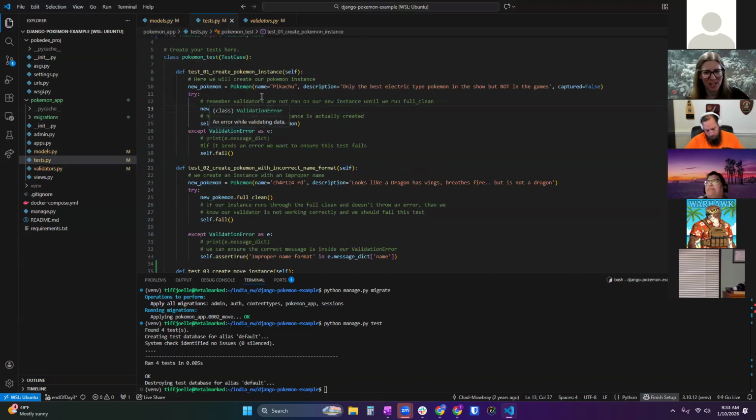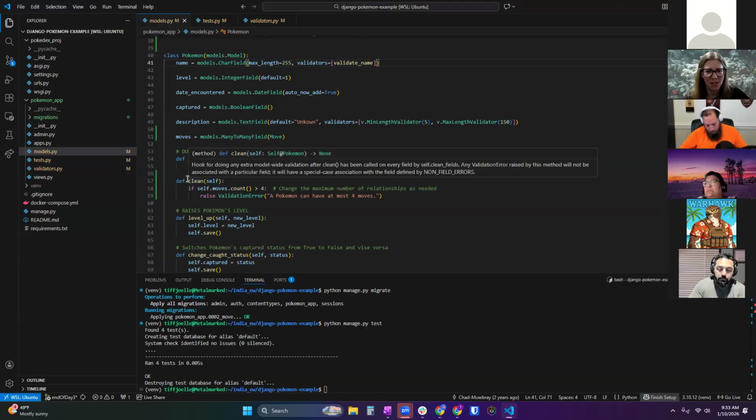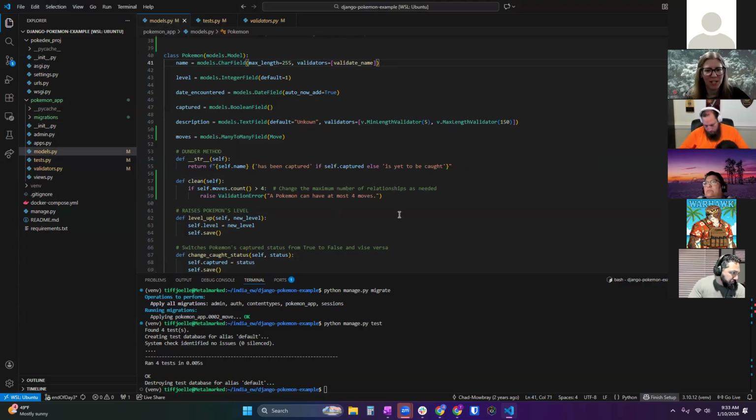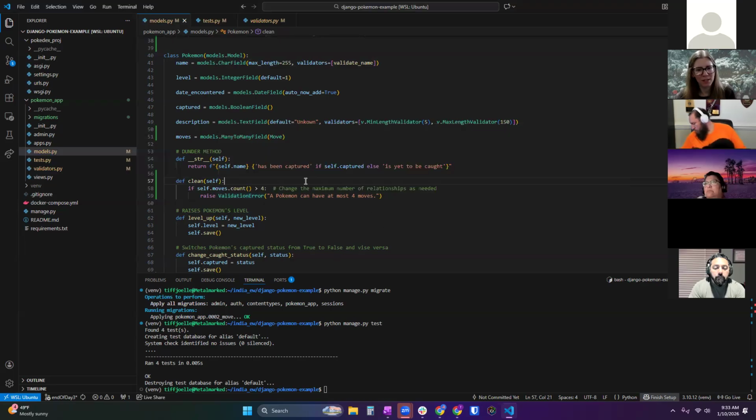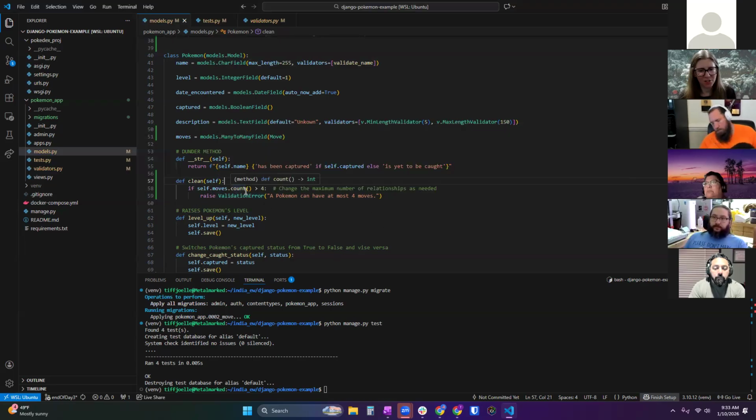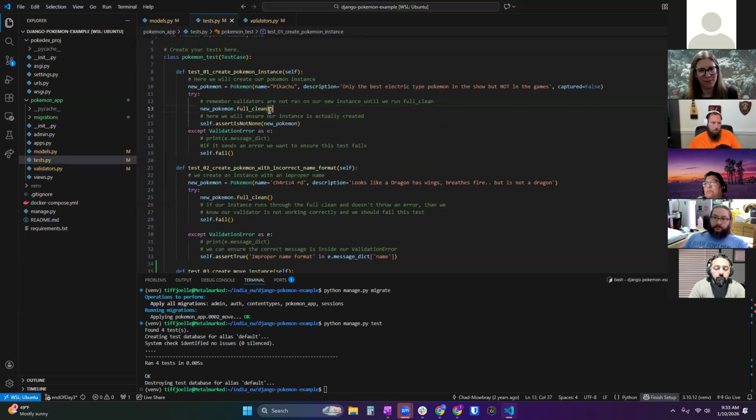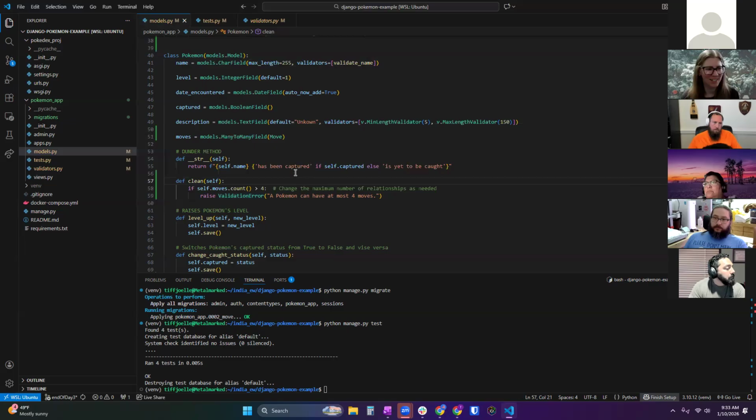because you need to run a full clean against what you've created to see if all the validations pass. So that's where full clean and clean come into play. Clean will automatically be picked up by full clean as an extra custom validation that you've written underneath the model. So these are extra validations that automatically run whenever a full clean is run against your attempt to create data to place into the model, into the database.